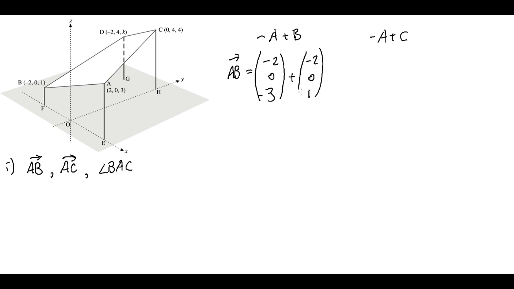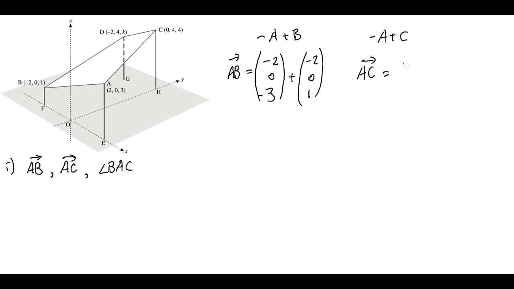Because we have the position vector of these, the way to get the directional vector from A to B is to take A off and add B. So it is a negative A and a B. Similarly, for AC, it is a negative A plus C. So AB is equal to minus 2, 0, minus 3, add minus 2, 0, 1, and for AC